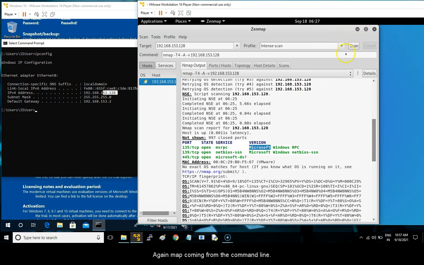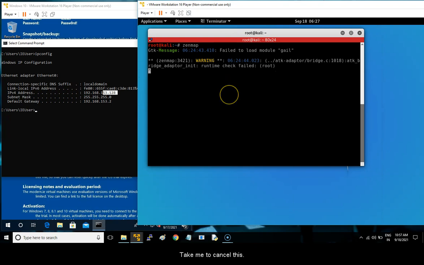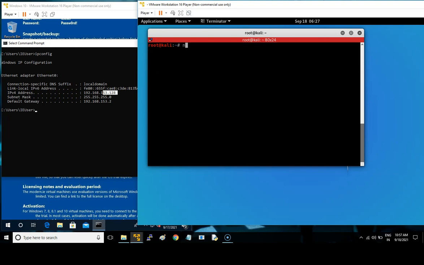Let me run the nmap command from the command line to grab more information. Let me cancel this. nmap, followed by the option verbose, then -T4, then the option capital F, then followed by the version, a hyphen light, and the IP.